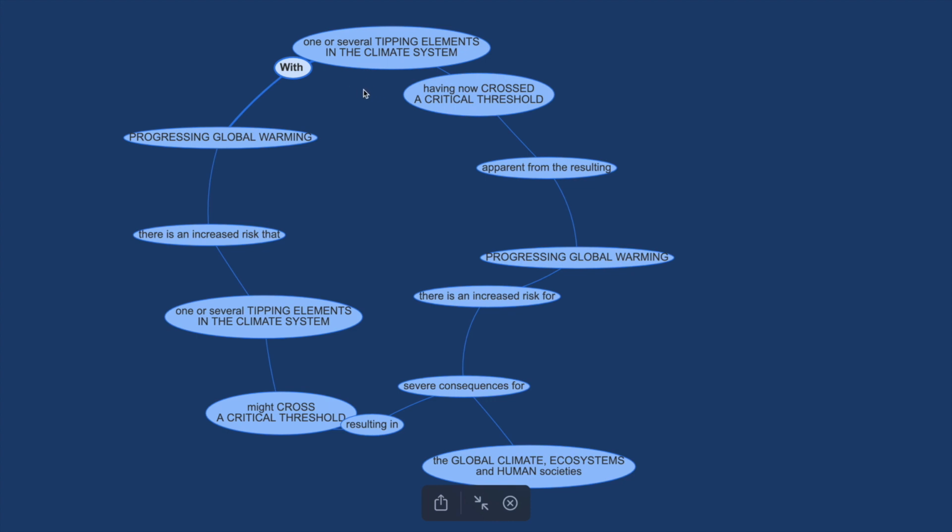So I think if you're based in reality, there are tipping elements, tipping points that have been crossed. One is for Arctic sea ice, which this paper chose not to mention at all. Another tipping point that has been crossed is permafrost methane on land in Siberia, for instance, and also out at sea, which have tipped and then have been increasingly releasing methane and some digested methane as CO2 because of bacteria eating methane. So these tipping elements have been crossed already, and because of that, we have a very apparent progressing global warming, which is progressing, going faster and faster,